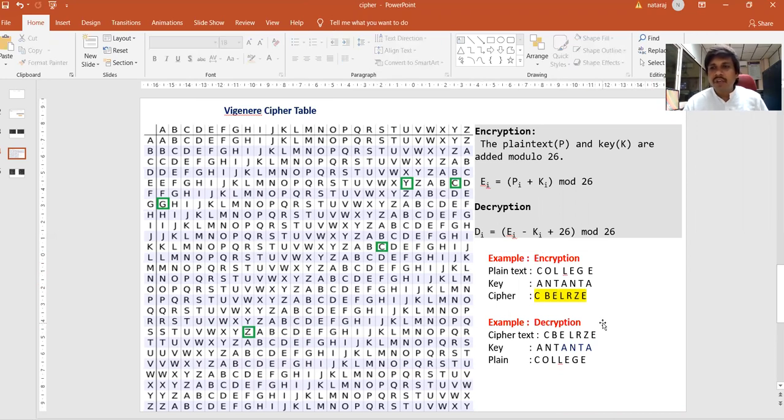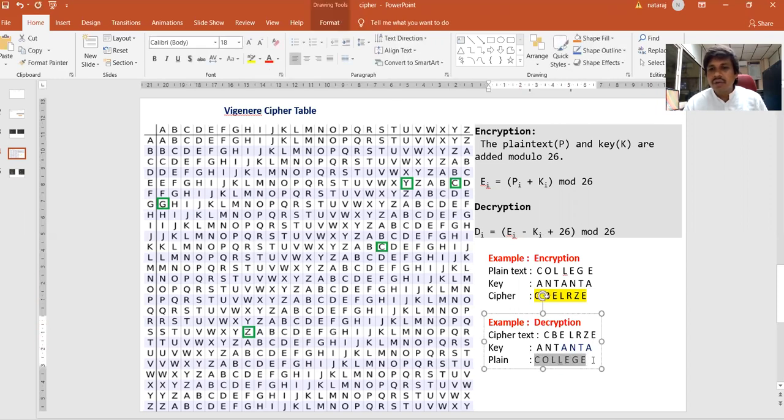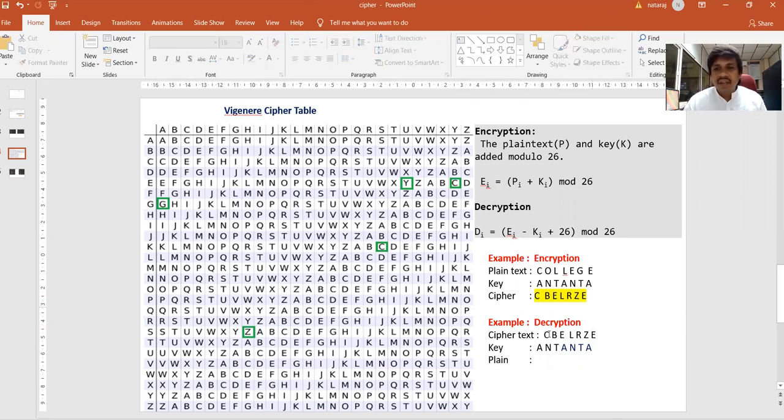Now to perform a decrypt operation, the output of the encrypt operation should be the input for the decrypt operation. That is CBELRZD. CBELRZD is the input. Now see how I'll get the plain text. What I'll do is, I will see the 8th row, the key row, 8th row, and find the C and print its column.